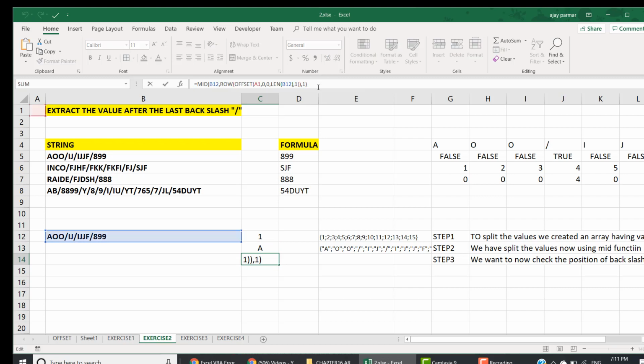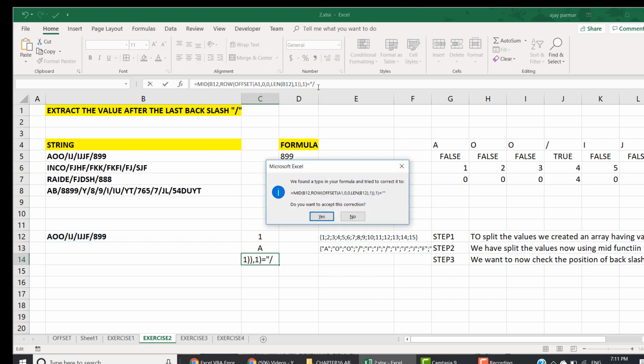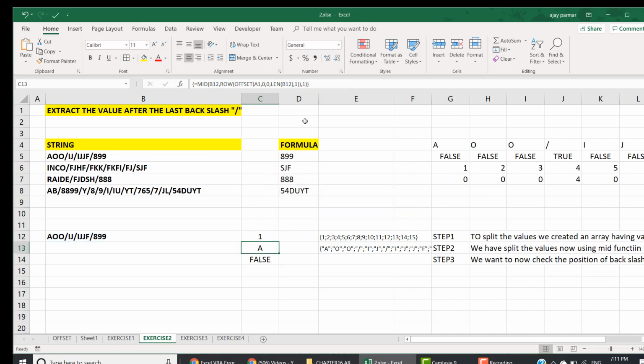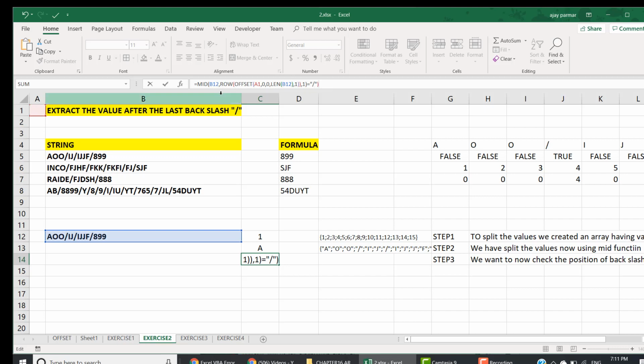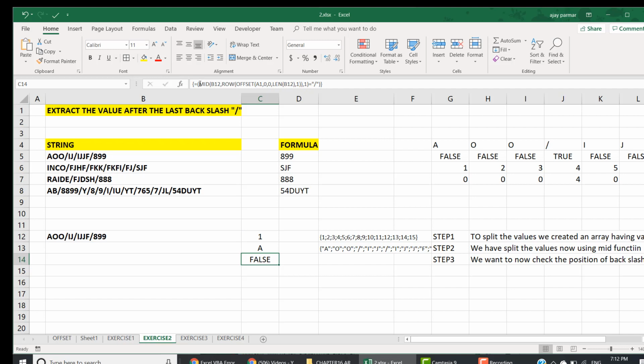Now in this entire array you simply say equals to, and then you put the backslash. Okay, this is my backslash, and make sure we put it in double quotes. Let me do this again. Okay, yeah. So now I close this and close this here. Now if I press F9, you will find the array of true and false. Now this is the array you can see here, right? So wherever you have a backslash, that exactly is the target area.